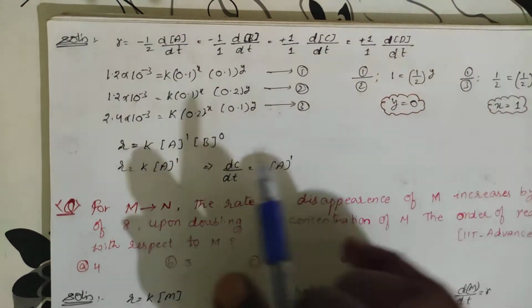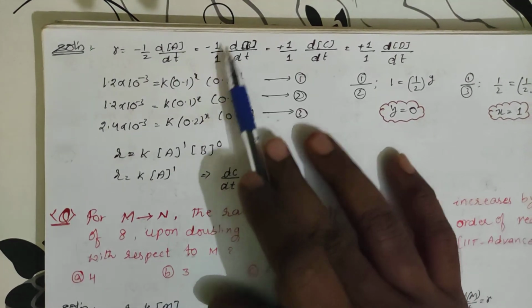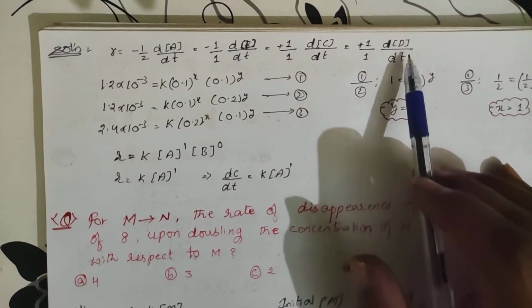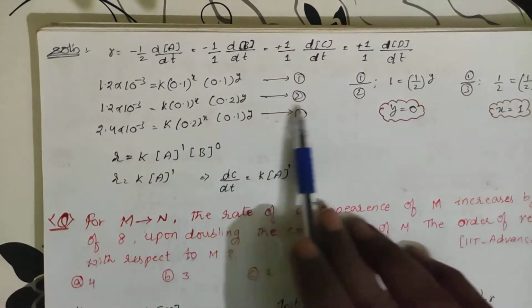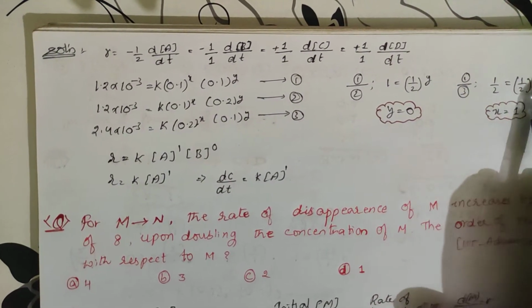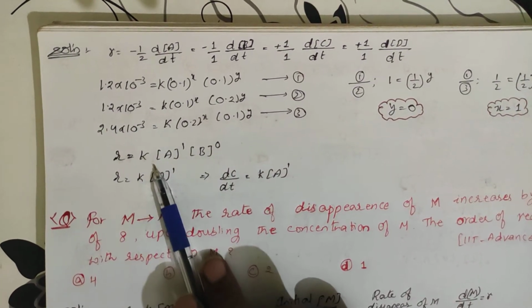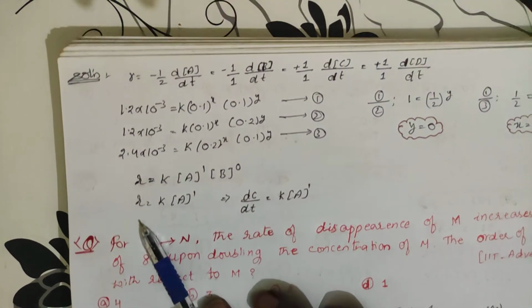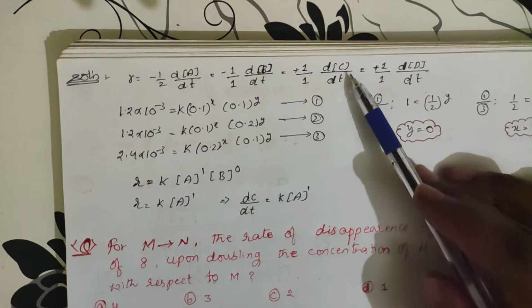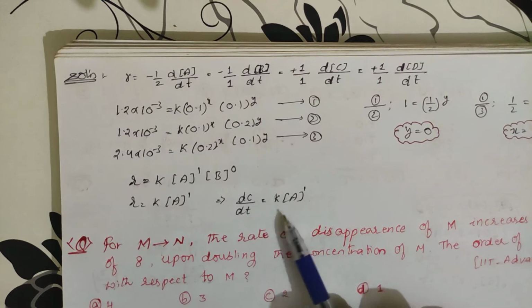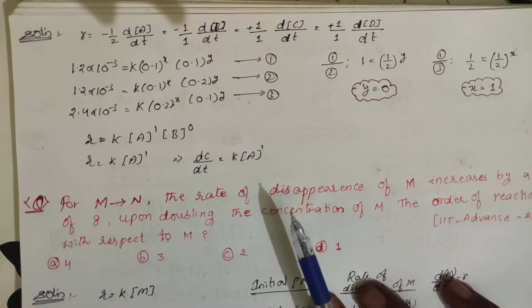If you don't get it, once you go through this solution, you can write it as 1 by 2 d[A] by dt, B you can write as minus 1 by 1 d[B] by dt, C you can write as 1 by 1 d[C] by dt, and plus d by 1 d[D] by dt. So from the first option you can write this one, second option this, third option. So if you do 1 by 2, you will get 1 is equal to 1 by 2 whole power y, 1 by 3, you will get this one. So k is equal to r into [A] power 1, [B] power 0, and k will be equal to this one. And you know that rate is also equal to d[C] by dt. So I am writing rate as d[C] by dt here. It is equal to k into [A] power 1. So this is the pattern of doing.